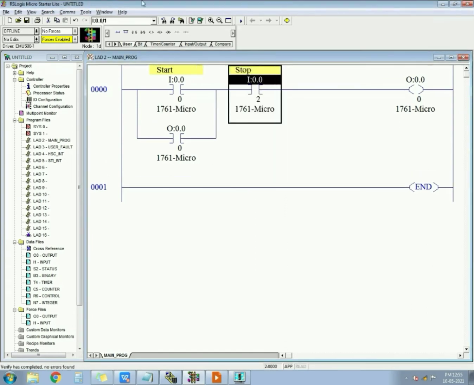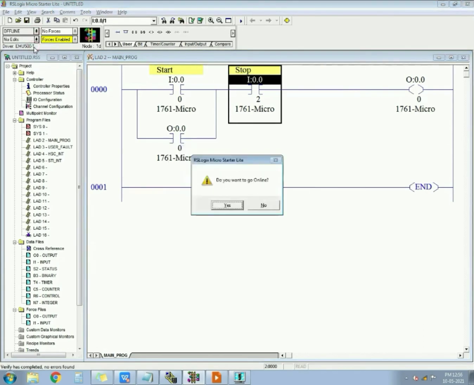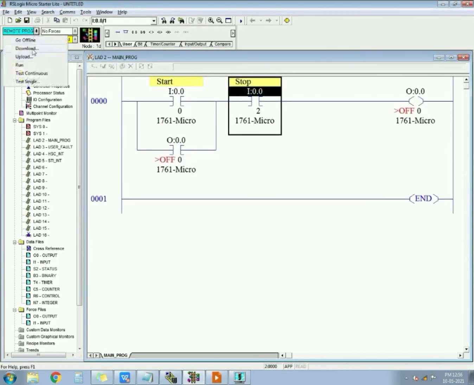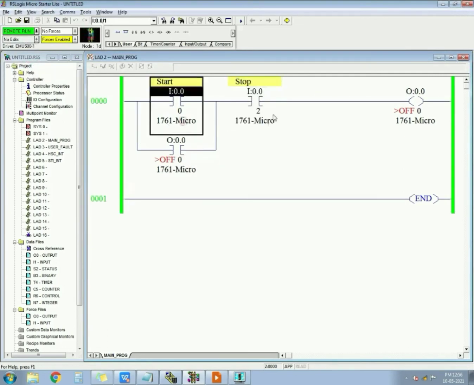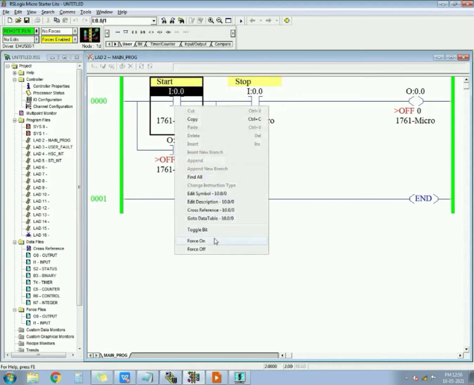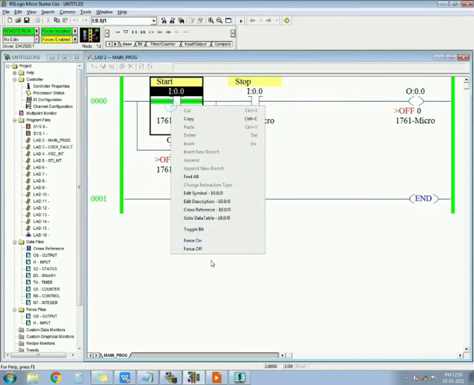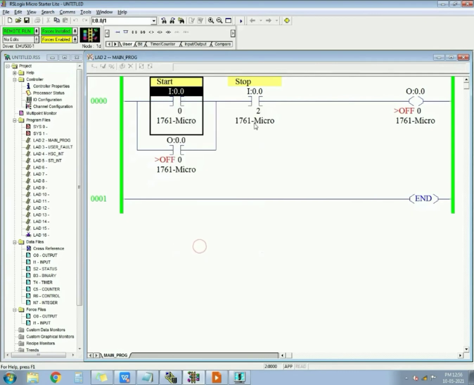But right now this program is not connected to the hardware PLC, so it will not give the right answer. You can see this is showing as a NO and this is showing as a NO. When I press it, nothing is happening. Why? Because this is not connected to the actual hardware.